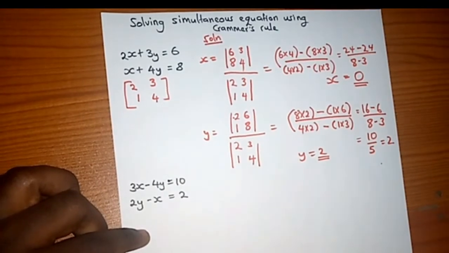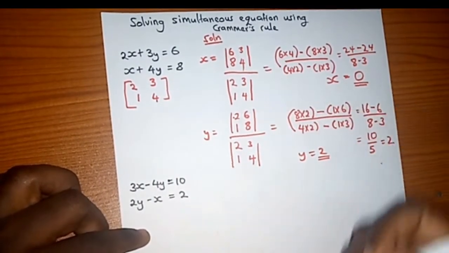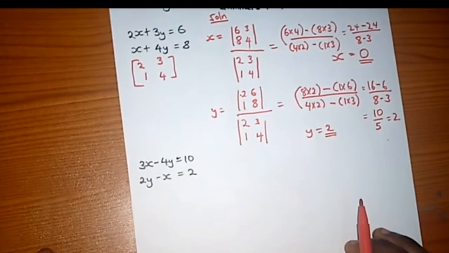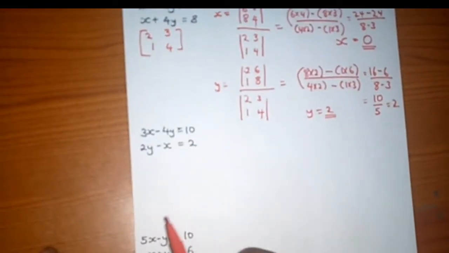So this is just Cramer's rule. It's very easy. Just get the determinant of this over the determinant of this. Let's go to the next number. This number here, telling us